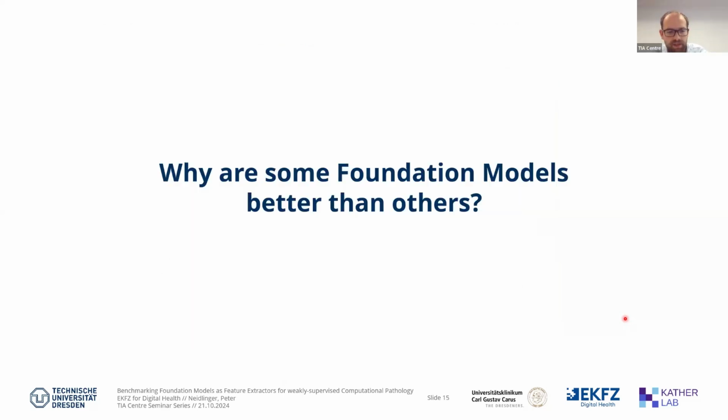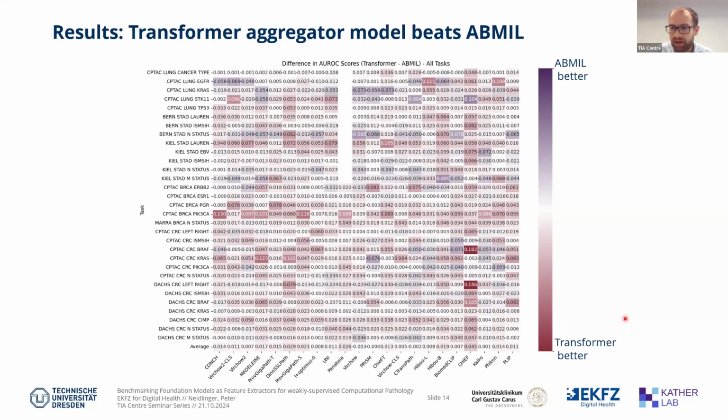Peter, so would you recommend for smaller data sets to stick with attention-based MIL? If you don't have so much data, yes, then it's probably better. It's also faster. The transformer is just taking more time than abmil. And what would you class here as a large versus a small data set? That's a good question. Probably also depends a bit on the task, but I think